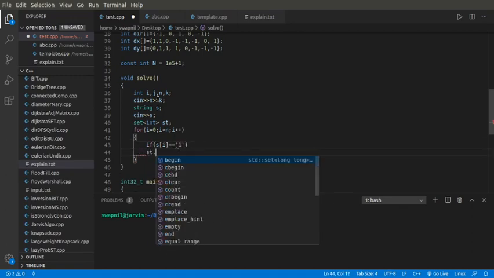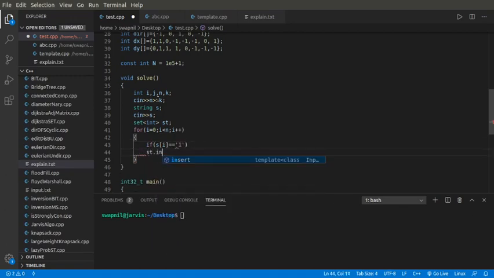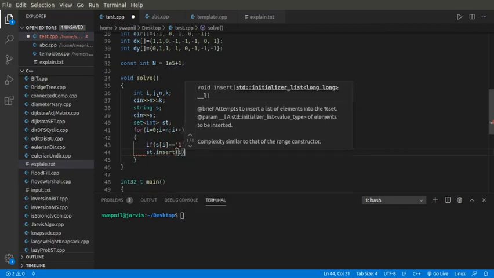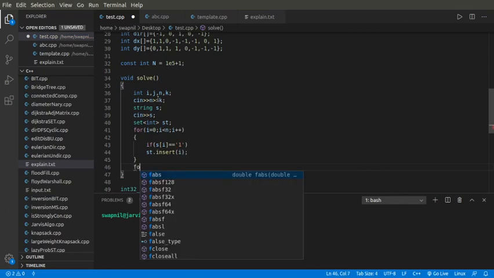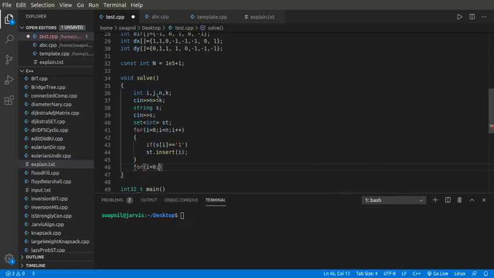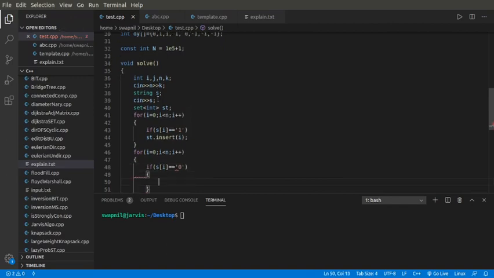Then I will insert those indexes in my set. Now we'll traverse through the string and check if s of i equals 0, which means that particular index is unoccupied.